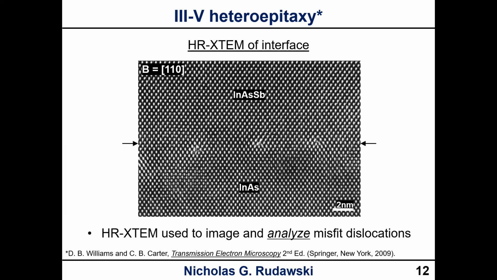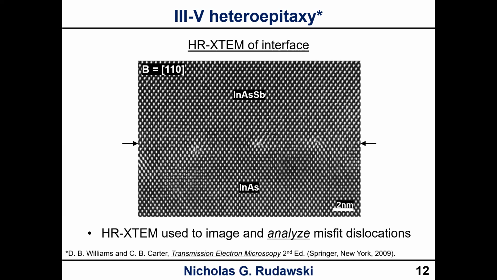The indium arsenide antimonide has a little bit wider lattice constant than the indium aluminum arsenide, so it makes sense that you're going to have to accommodate that mismatch with misfits at the interface here, okay? So if we prepare a sample and we are viewing along an appropriate zone axis to see